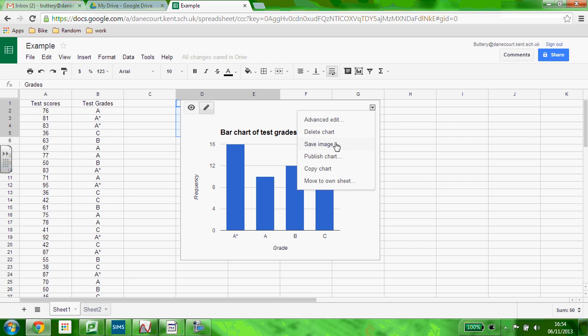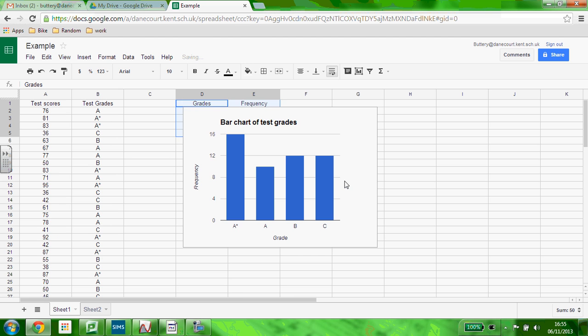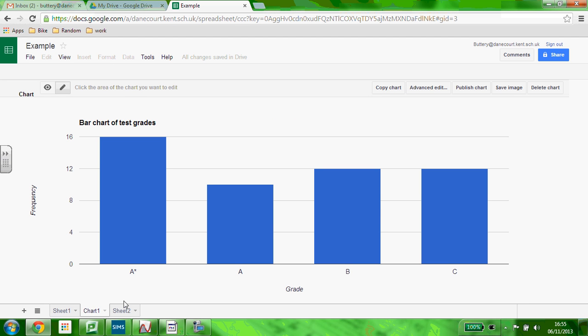You can save it as an image if you wanted to copy that into a presentation. You can publish it onto the web. You can copy the chart if you wanted to paste it into something, or as we want to do, we can move it to its own sheet. So we just click on move to own sheet, and it opens up a new sheet down on this bottom